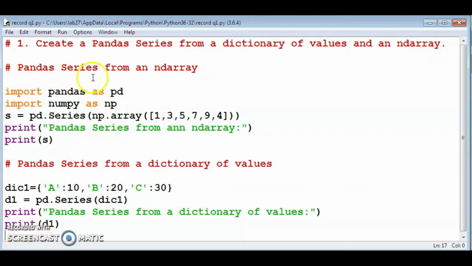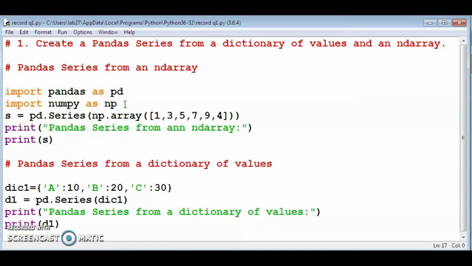First one, pandas series from an ND array. I used here this hash symbol, that is a comment statement. Comment statements are not executed by the interpreter of the Python programming language.